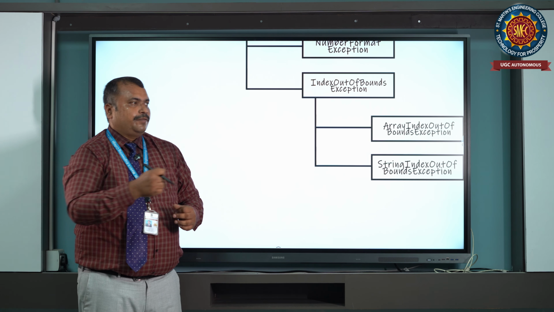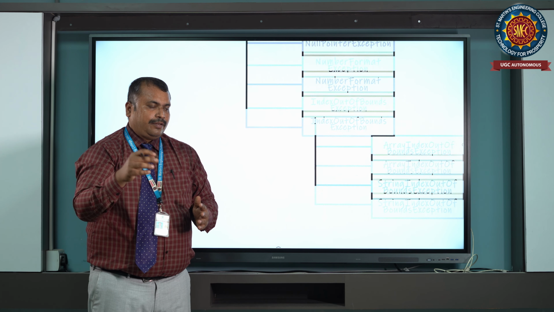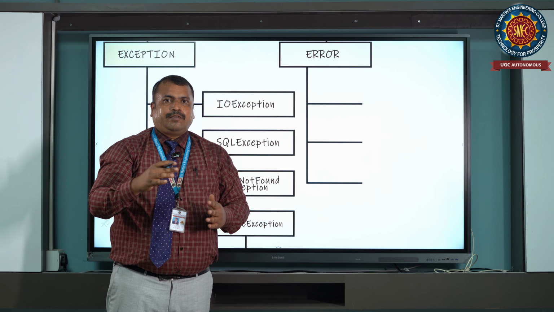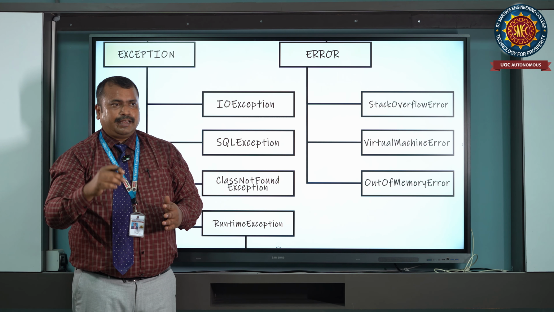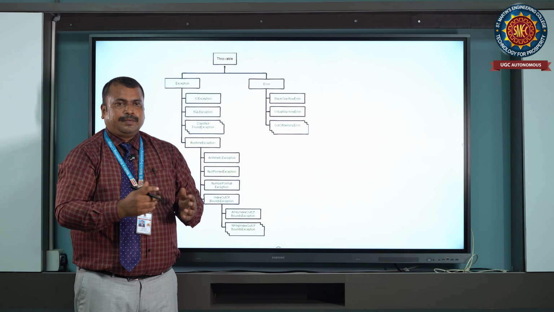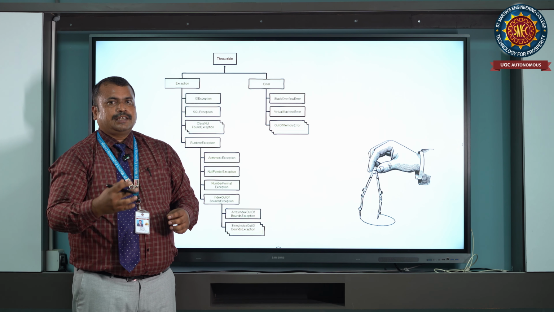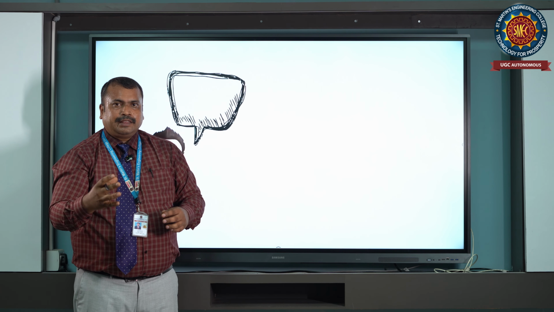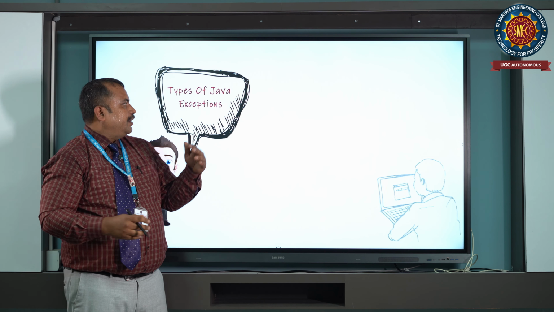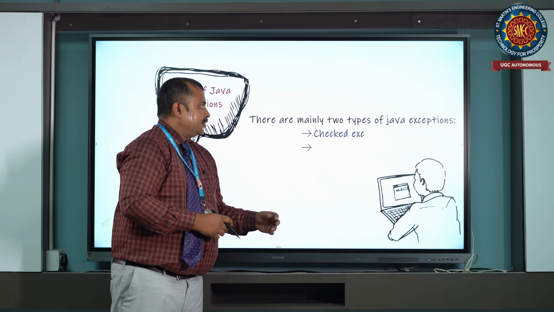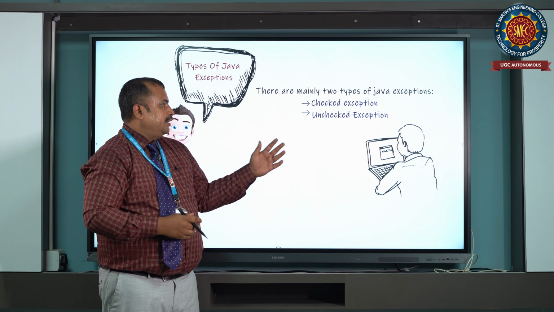Suppose when you are ordering food, they will ask you to enter how much quantity you need. You need to enter an integer value, 1 to 10 or whatever quantity you want. Suppose you want 10 quantity of ice cream and you enter it as the string TEN. Then the compiler cannot handle that kind of exception. It will make the entire application stop. That is an abnormal situation. When you have a mechanism to handle those things, then it can be handled.